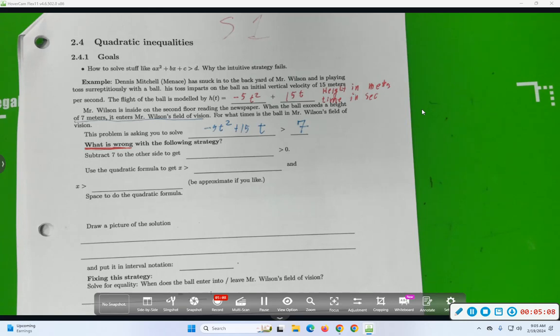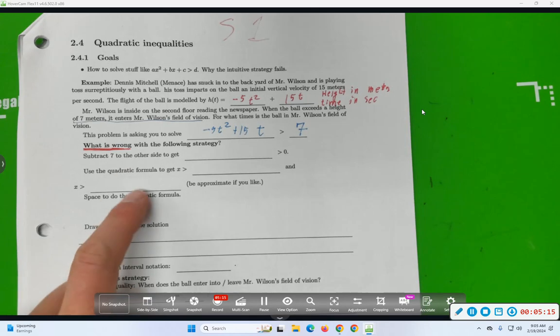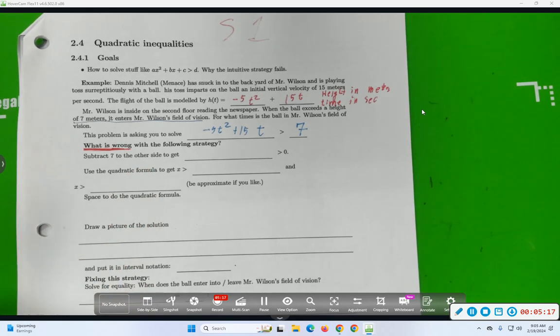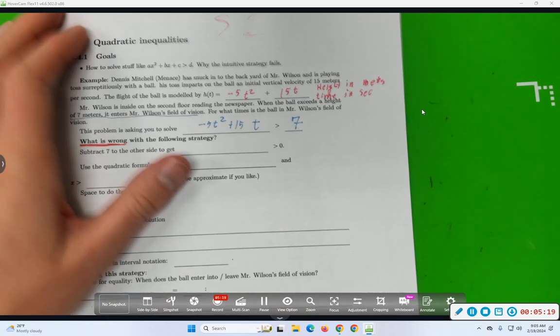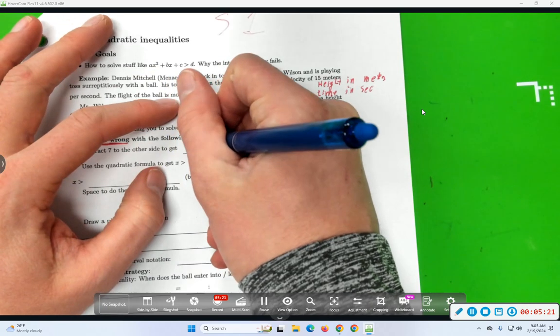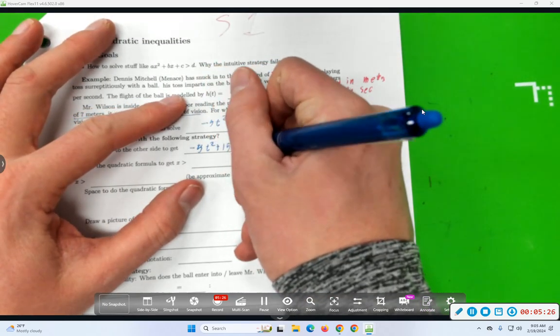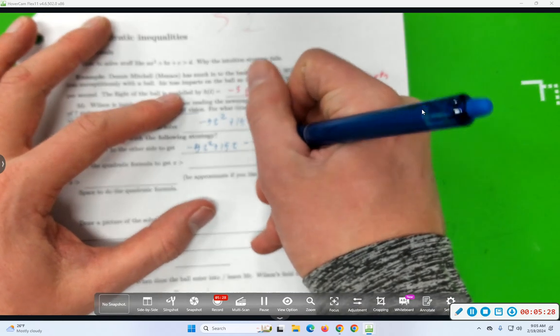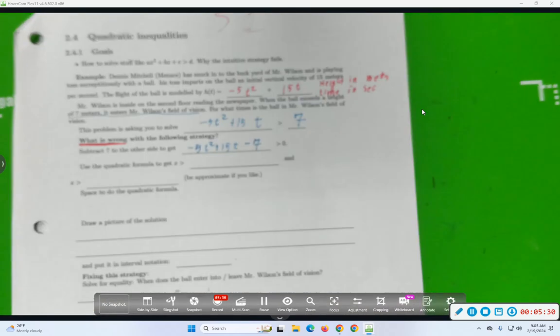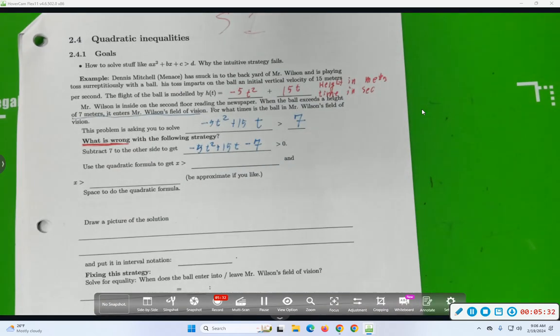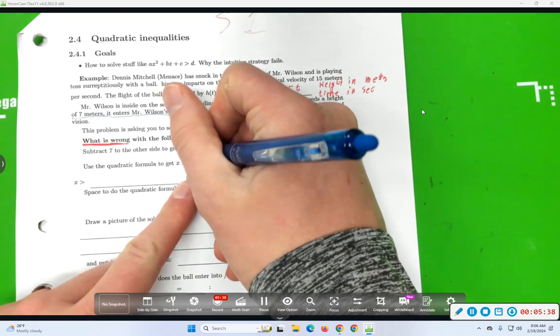Nice. I am going to do something incorrect in a moment. So here's a strategy that I'll follow. There will be some flaws to it. Let's subtract 7 to the other side. Turn it into something that looks like the quadratic formula knows what to do with. Negative 5t squared plus 15t minus 7 bigger than 0. All right. So that now says by the quadratic formula that x is bigger than negative b